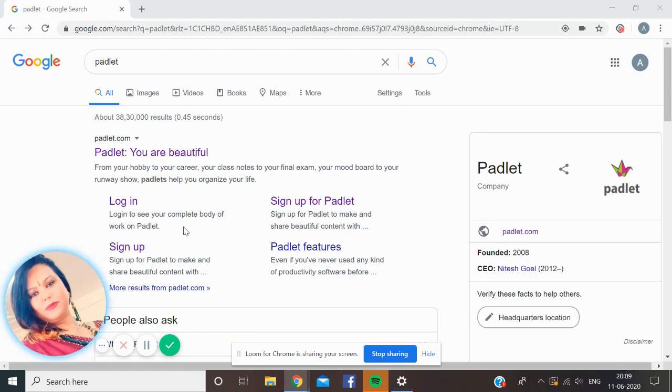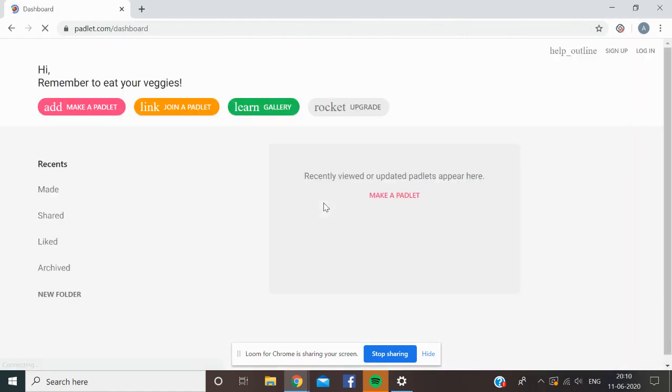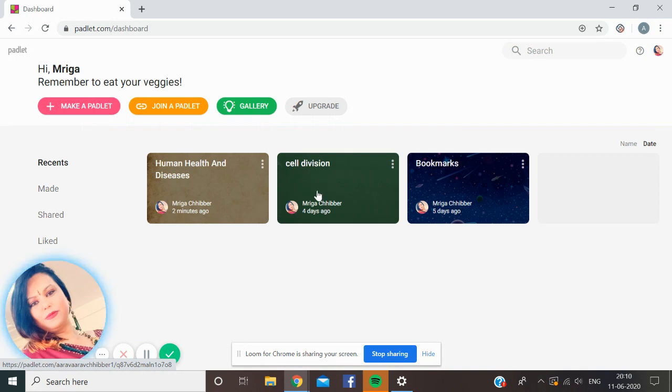So let's start. Let me show you how to use it. Just type Padlet on your Google account, or then go for sign up. Because I'm already signed up here, I'll straight away go to Padlet. You see, this is my window for Padlet.